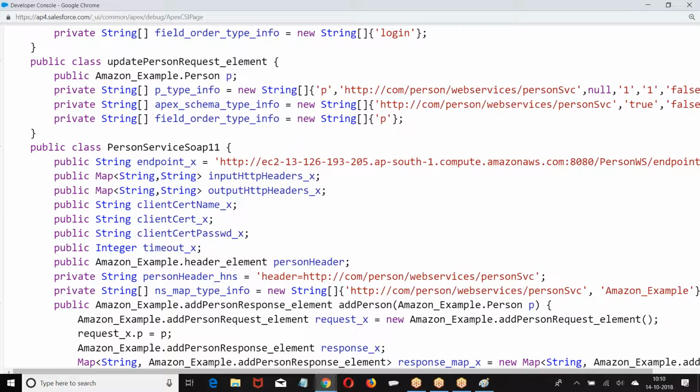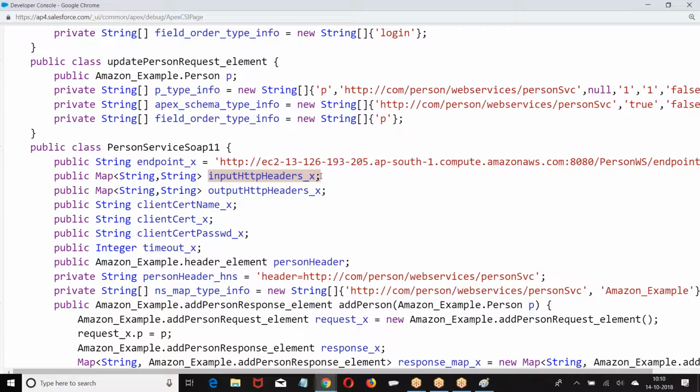People are expecting you to pass the data in the URL. In the REST API, what it told? Question mark, param equal to value, param equal to value. Like that, if you have to pass any data in the URL, I will put it in input headers.